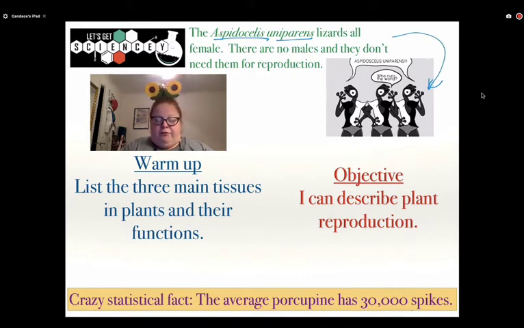All right, so the three main tissue types and their functions. If we work from the outside in, our three tissue types are, so we have dermal,